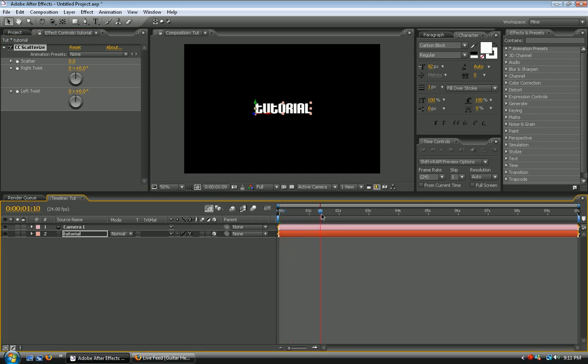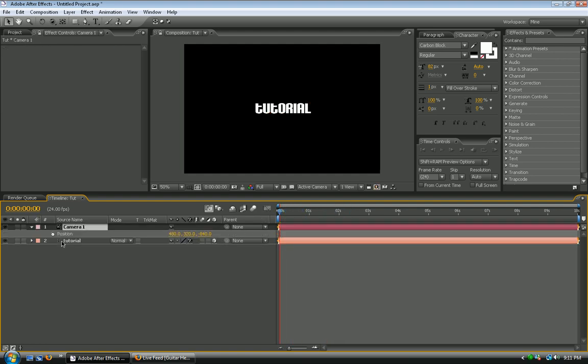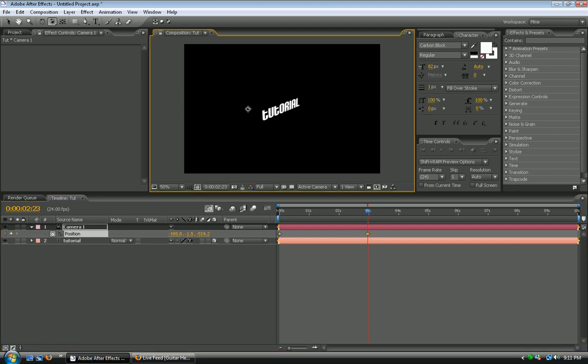So basically what you're going to be doing is finding where you want your shatter to start. Say I took this camera and I set the position right there, scrolled forward 3 seconds, and then pulled out the orbit, done that, and then pulled away from it, or pushed forward or something. Well, you do that, and then, see,